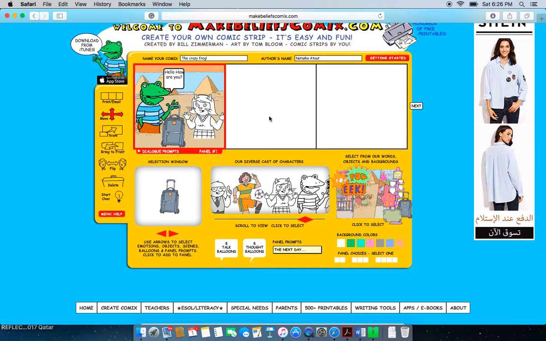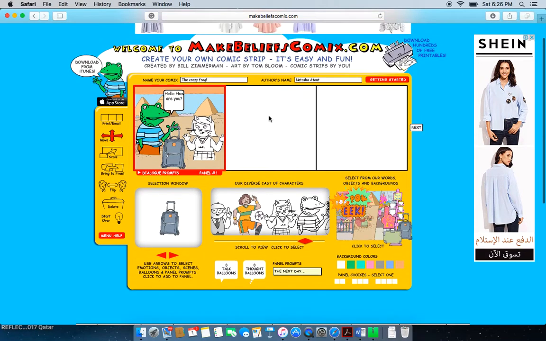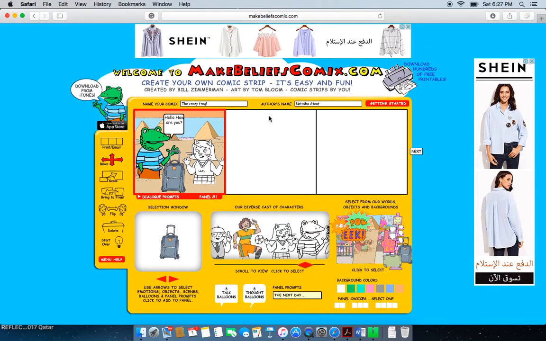Now, let's say once you've done, the only issue with this particular program is that you cannot save your comics. So once you're done and you've made your story and you've gone through and done whatever you need to do, you either can print it off right away or you can email it to yourself. So you cannot, unfortunately,